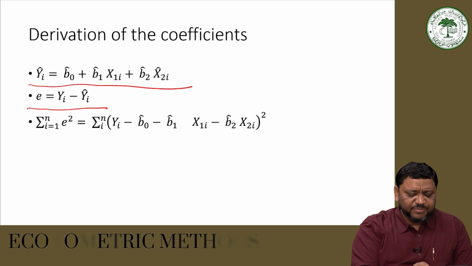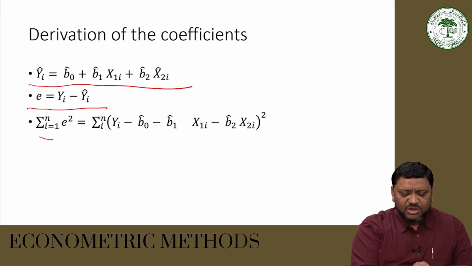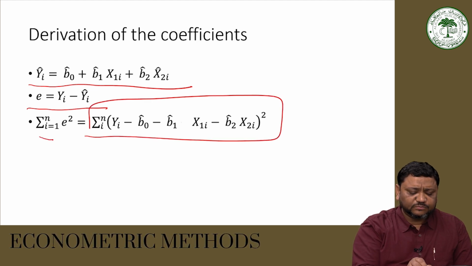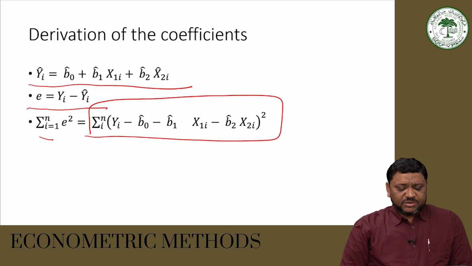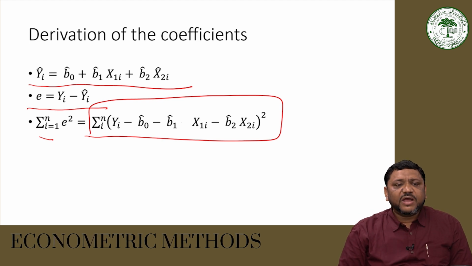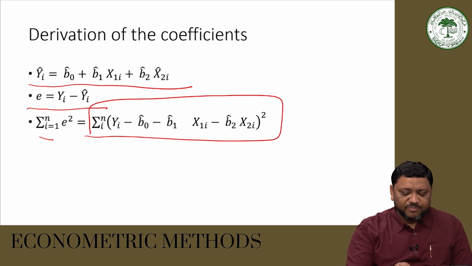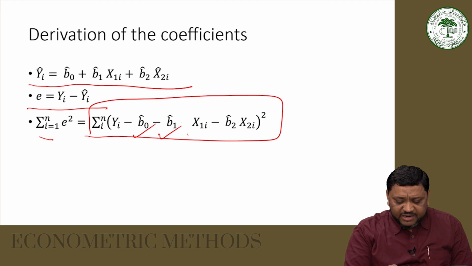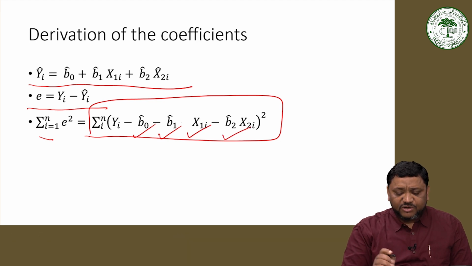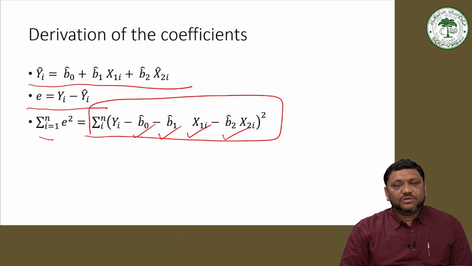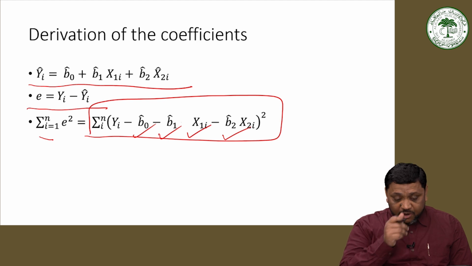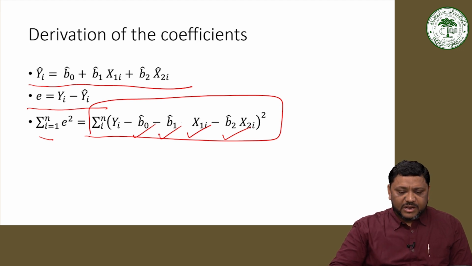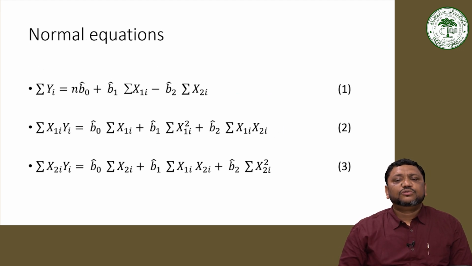If we do the summation of squares, we get this equation: summation of (yi minus beta naught hat minus beta 1 hat x1i minus beta 2 hat x2i) whole squared. Now this equation is used to